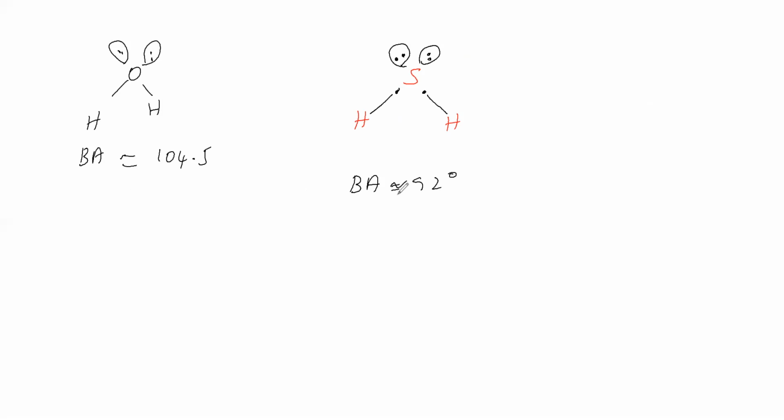What is the reason? Why is the bond angle here more when compared to this? We will see. The electronegativity of oxygen is greater than that of hydrogen. What about the electronegativity of sulfur and hydrogen? The electronegativity of sulfur is greater than that of hydrogen. But how will the electronegativity of oxygen and sulfur be? We'll see the electronegativity of oxygen is greater than that of sulfur. So this is having higher electronegativity than this. Therefore,